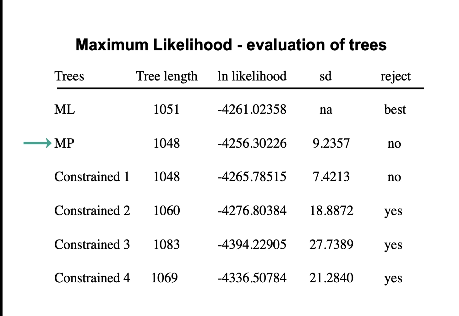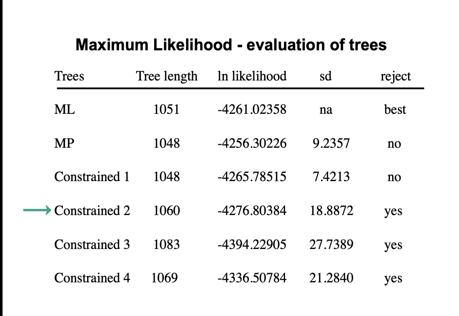So that was not rejected as a hypothesis. We did another constrained tree that was also congruent with the maximum parsimony tree, just to put all of the certain types of Dermaceae together. That was also well supported and was not rejected by maximum likelihood